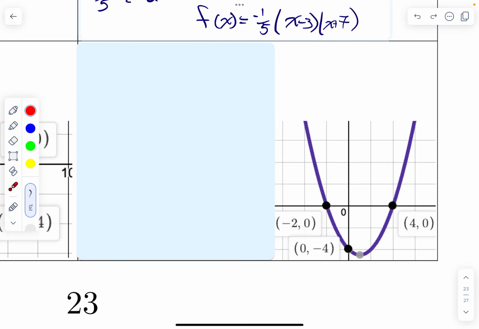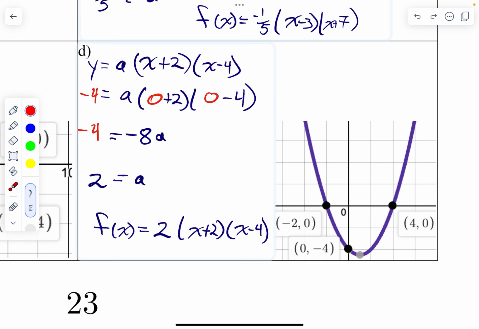We'll take a look at this one. We've got a third point here. This one's a y-intercept. Fun fact, I guess, doesn't really matter. We do have a third point. What we really need to recognize, though, is these are our x-intercepts, so these are going to be what gives us our factors. So I get x plus 2 as a factor from my solution of -2, and x minus 4 as a factor from my solution of 4. Evaluate inside the parentheses, 0 plus 2 is going to be 2, 0 minus 4 is -4, 2 times -4, -8. Divide everything by -8, and I get a equals